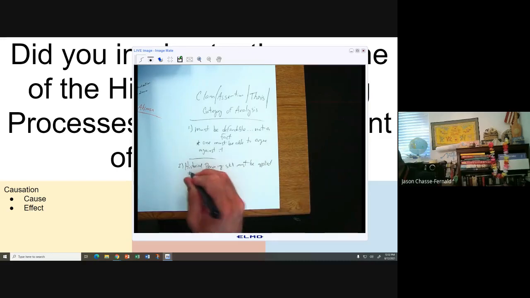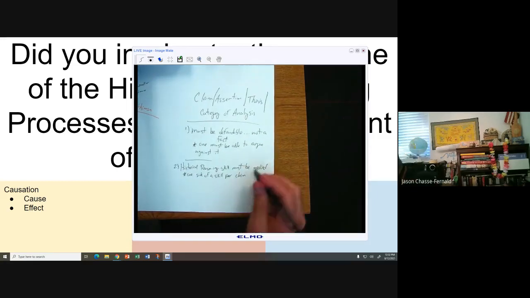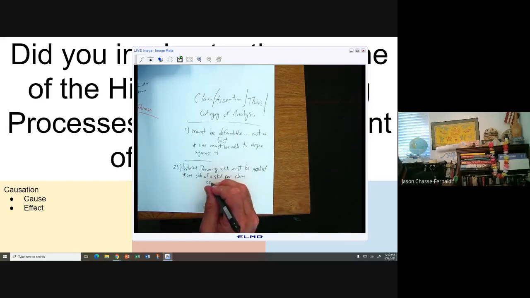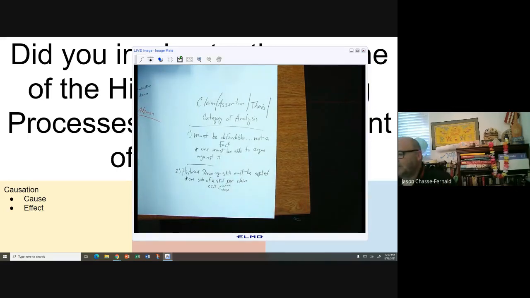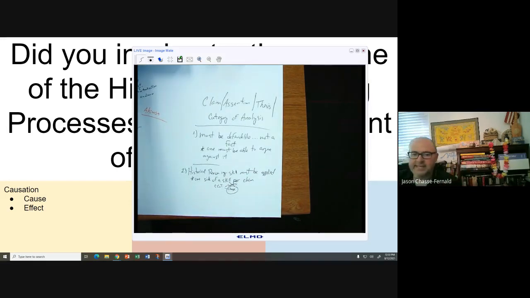And we only really use one side of a skill per claim or assertion. So what does that mean? That means we've got things like CCOT, so I'm either going to be talking about continuity or I'm going to be talking about change. In my sentence, I won't talk about both. I won't say a continuity in change in a sentence. I'm going to choose one and not talk about the other in that sentence. But we need to see skill application.